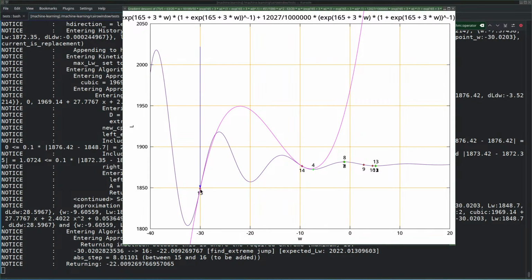Nevertheless, now we have a cubic fit between 14 and 15, and it's still possible that the actual function is going like this, because that matches both 14 and, well, almost 4 and 15. So there's no reason whatsoever not to jump here, because it could be the actual function. And then we do that,